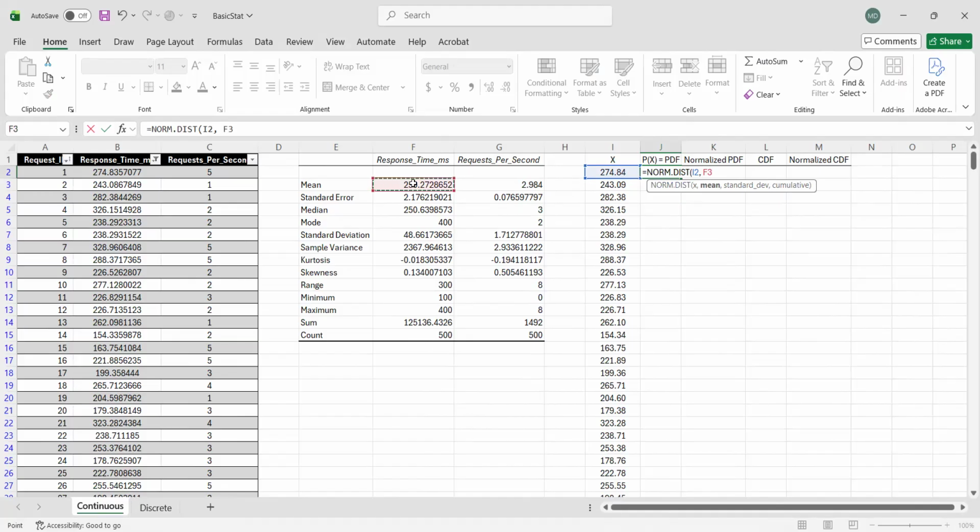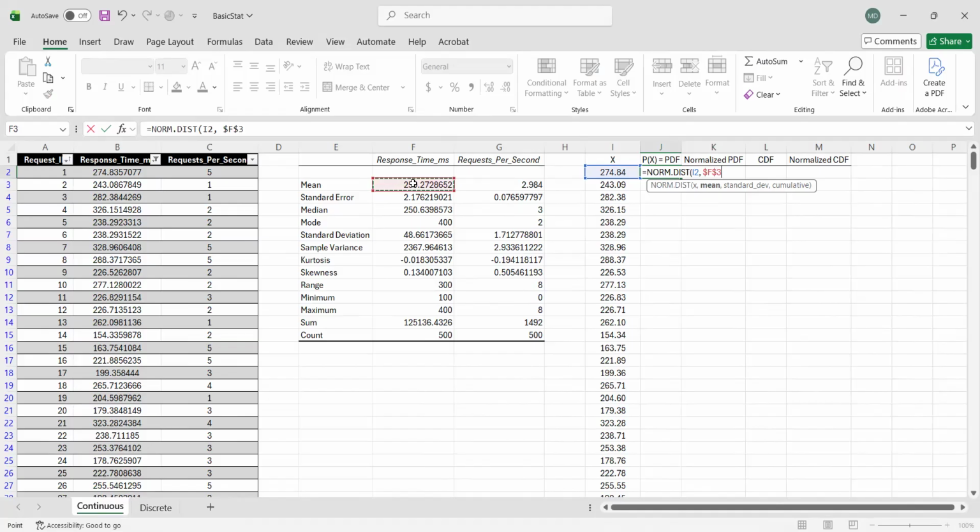So we click the mean. But since we're going to use the formula later for the other rows, then after clicking the mean, you click F4, function 4, or Fn plus F4. It depends on your computer setting. Again, either F4 or Fn plus F4. Or you can manually type the dollar signs as you can see here.